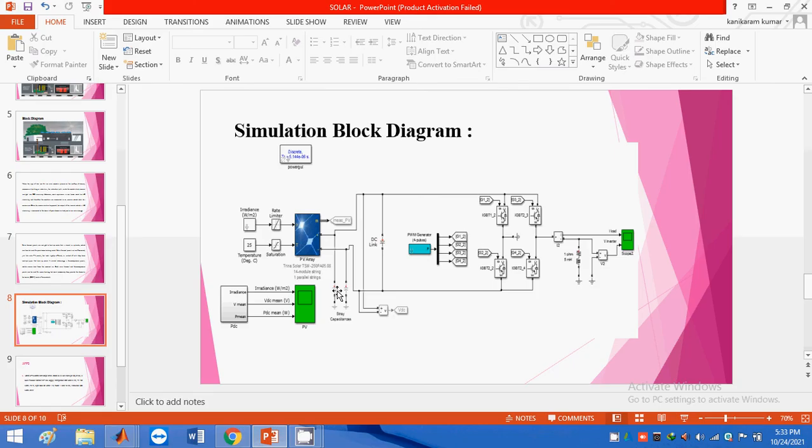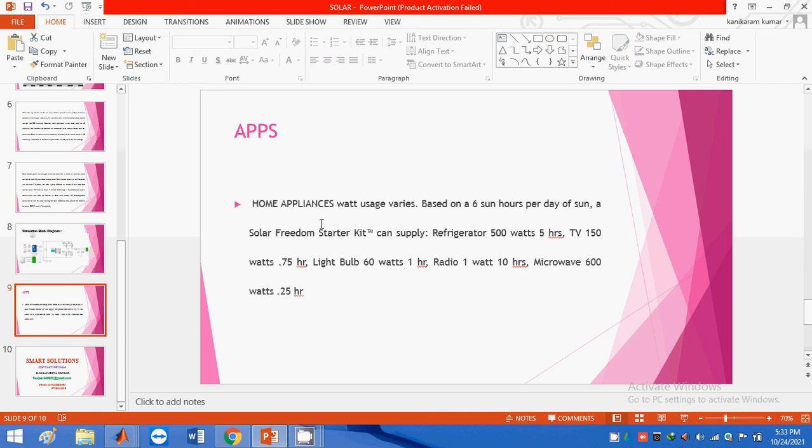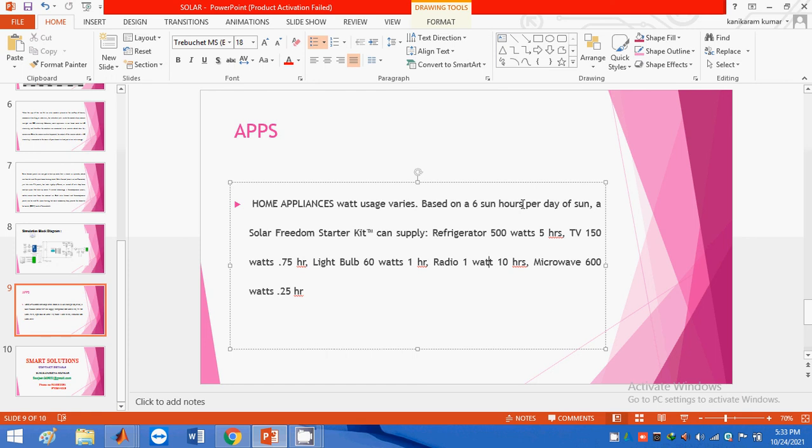Suppose you place rooftop solar panels for home applications, how does it vary? Suppose the panels run for 6 hours. At that time they give power to the refrigerator for 5 hours, the TV for 0.775 hours, a light bulb for 1 hour, a radio for 10 hours, and a microwave for 0.25 hours.